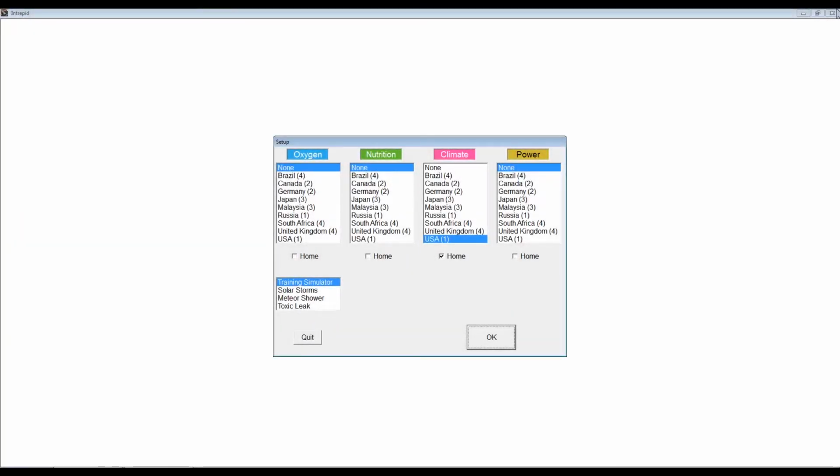Today I'm going to be teaching and playing through a solo game of Intrepid, the new game by designer Jeff Beck that just recently shipped via Kickstarter. This fully cooperative game puts you on board the orbiting International Space Station, where you'll be primarily using dice placement to make certain that the station is producing sufficient oxygen and nutrition, climate, and power to maintain life aboard the